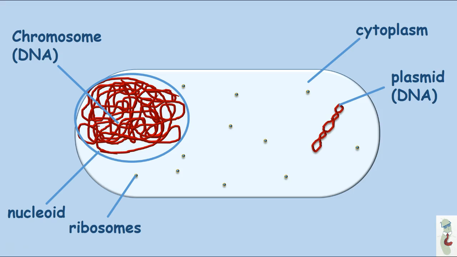Next, you'll also find a lot of ribosomes in the cytoplasm. Ribosomes are necessary for protein synthesis. Prokaryotic ribosomes are similar in size to those found in the mitochondria and chloroplasts of eukaryotic cells. They're referred to as 70S ribosomes. The S stands for Svedberg units, after the Swedish chemist Theodor Svedberg, who devised a way to separate cellular particles